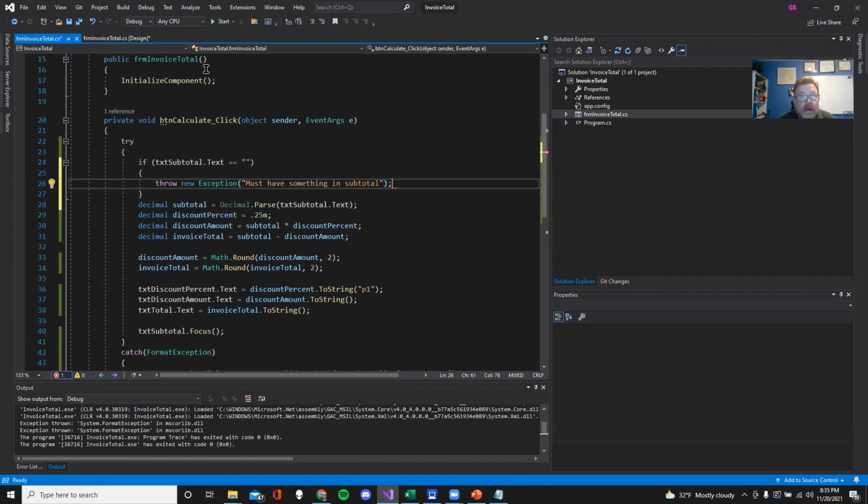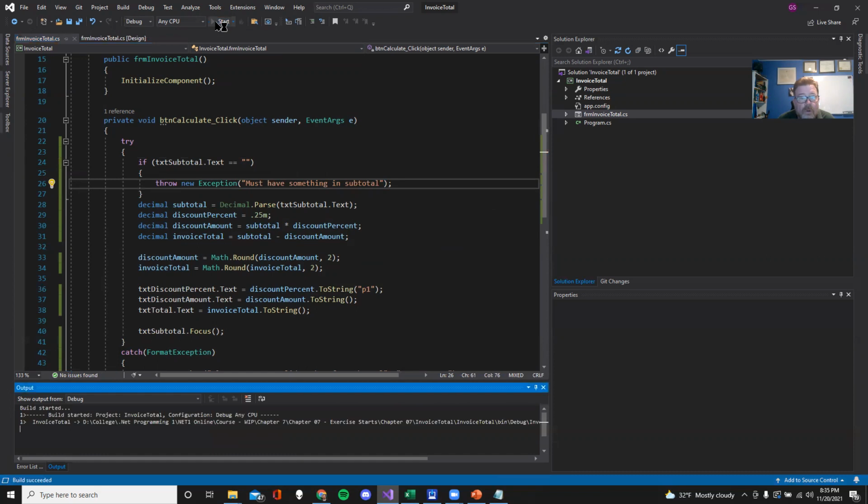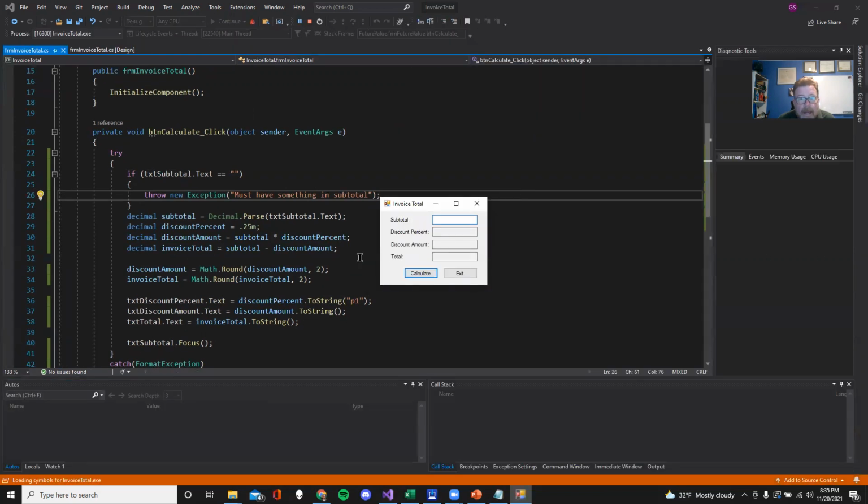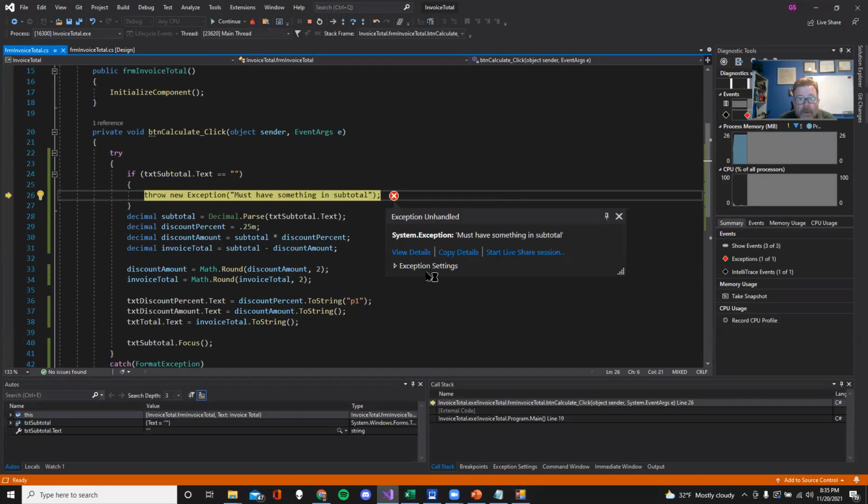Let's test that out and see how it's working. Let's go. All right. Nothing. Boom. So now we actually got a nice generated exception, which is good. Not totally what I wanted, right? It'd be nice if I actually had a way to actually trap that exception. And